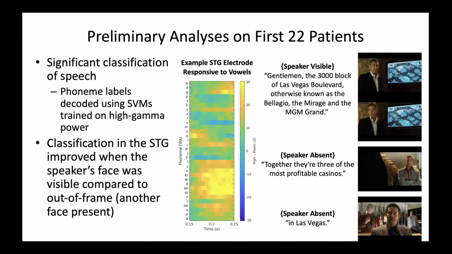One of the hidden opportunities is that the videos are not played silenced, they have audio and visual. So David and his team have shown preliminary findings that they can use the iEEG to decode the phonemes, and the decodability improves by 10% when the speaker is shown as a visual cue in the movie stimuli. So stay tuned. Maybe next year he will come to CRCNS to present these findings.